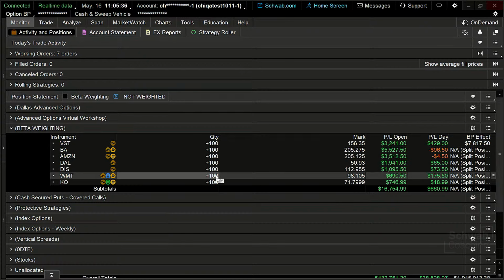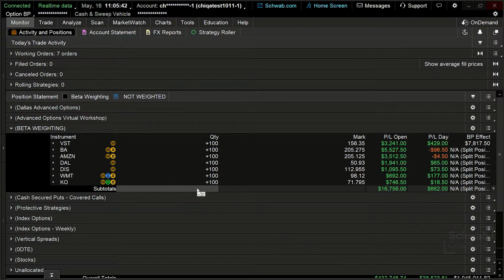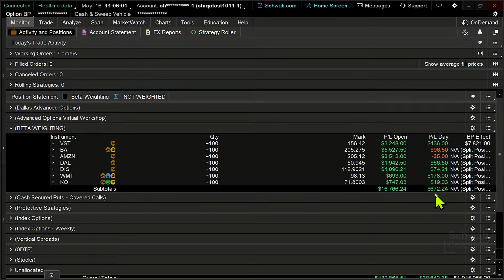You notice I've got just some basic quantities here. I've got 100 shares of each one of those. This particular portion of my portfolio is not doing so poorly over the course of the time that these positions have been in place. That's not the big key here, right? We know that this group of the portfolio can and has gone down as well as gone up. Right now, today is a pretty good up day so far for most of the stocks in this portfolio, with the exception of Boeing and Amazon. Vistra is going up a little bit. Walmart, Disney, Coca-Cola, all seeing some gains today, which is great.